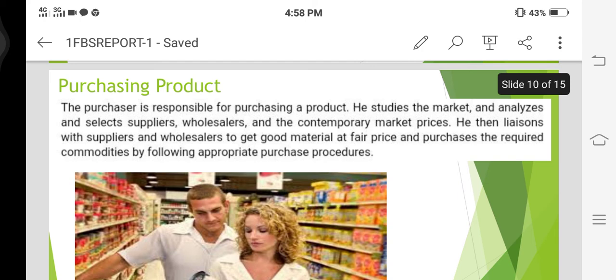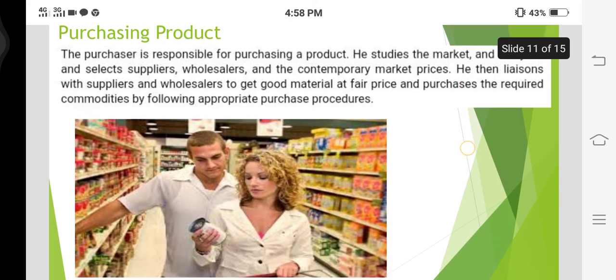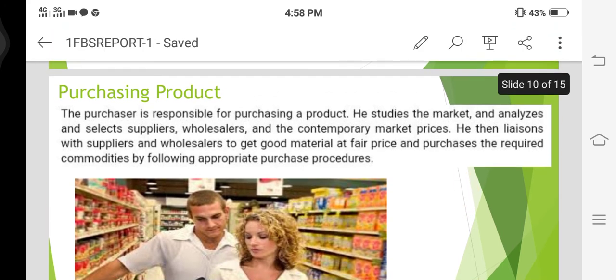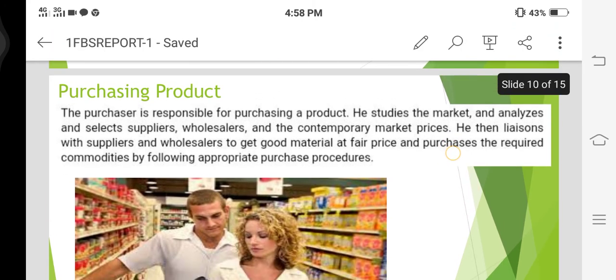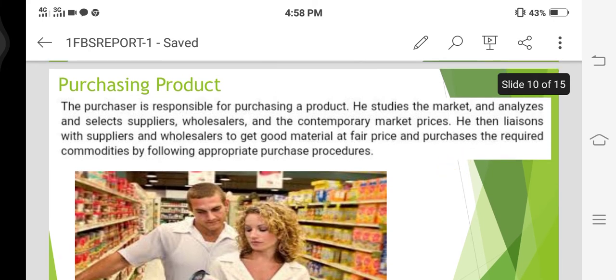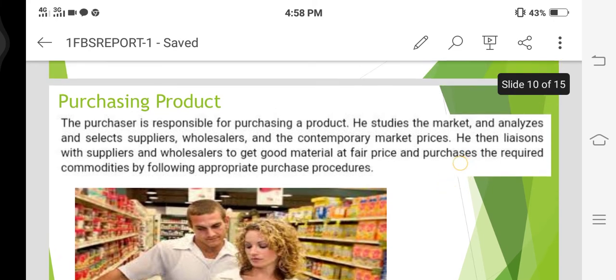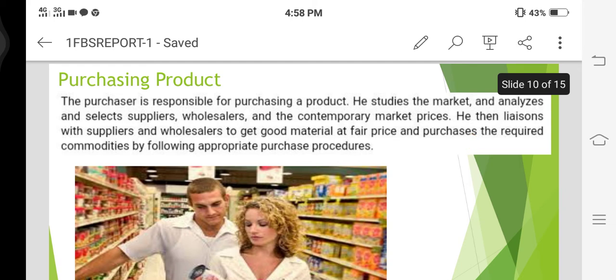So in purchasing the product, the purchaser is responsible for being careful about the quality and quantity of the products, so that the budget and the business do not lose money. An example of that is, I am the purchaser, so I was sent